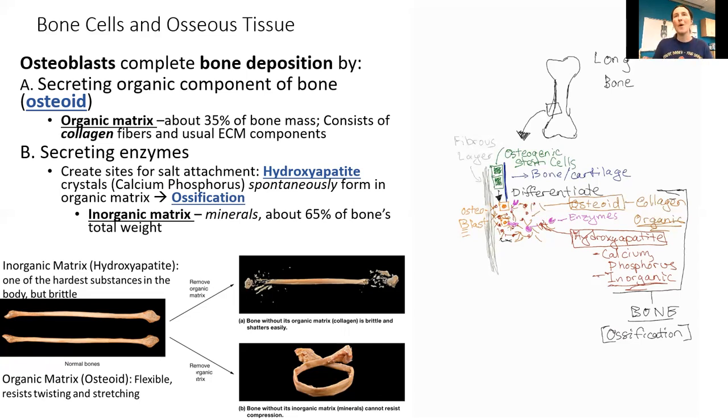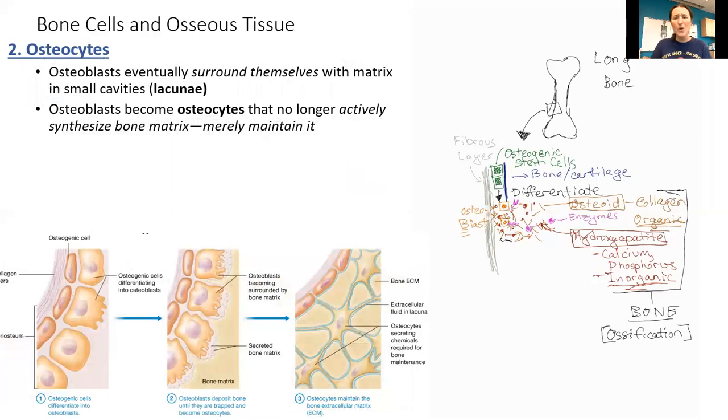And so our bones really are the nice Goldilocks, right? So it's a little bit of organic and a little bit of inorganic, and it really is this perfect combination, this perfect balance between the two of them that gives rise to our really strong bones that can also resist a little bit of twisting and can be a little bit flexible before they snap and shatter entirely. Okay, so